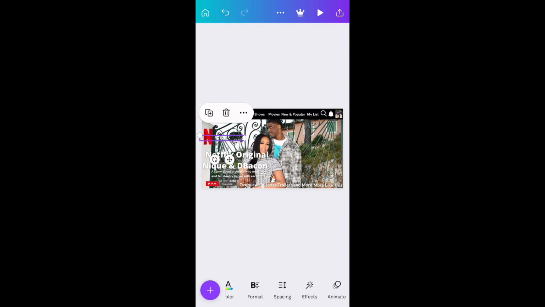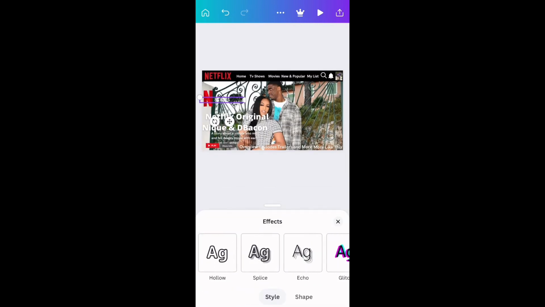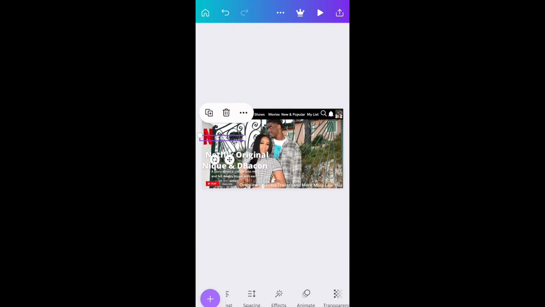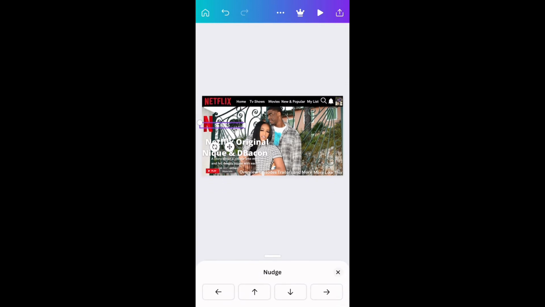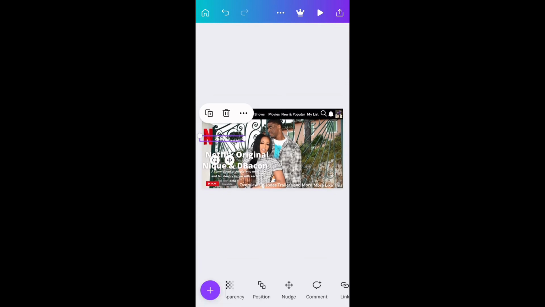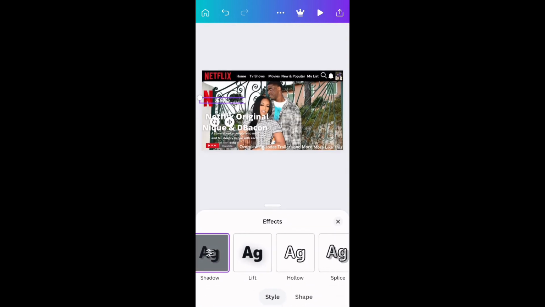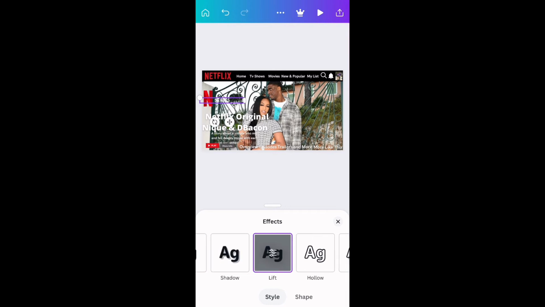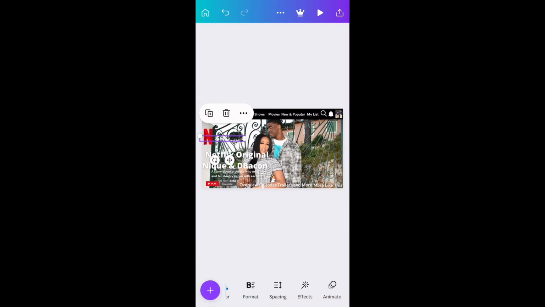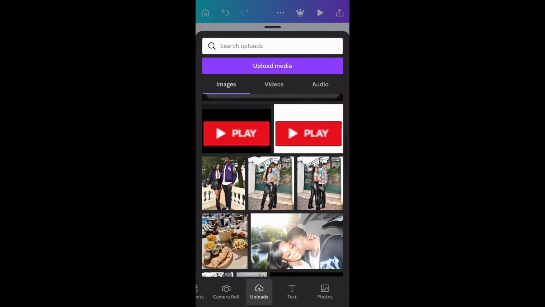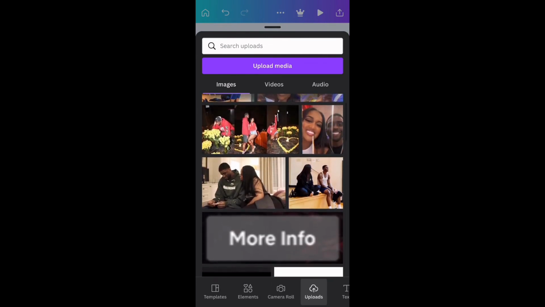So once I did that, I was like, nah, I don't like it. Let's see how it looks like this. And I was like, okay, boom, got it. And now I'm just moving it down over. And then I went back to effects. And I was like, nah, I'm just going with what I had first. So I was like, okay, cool. And now I'm going and,